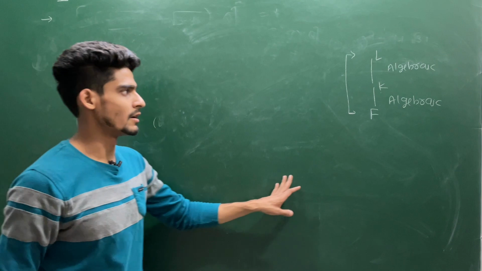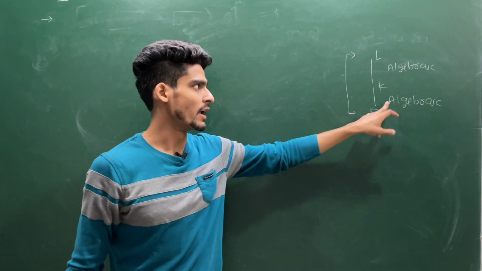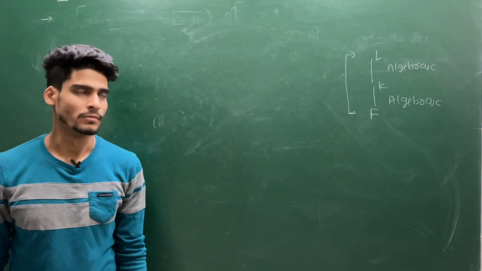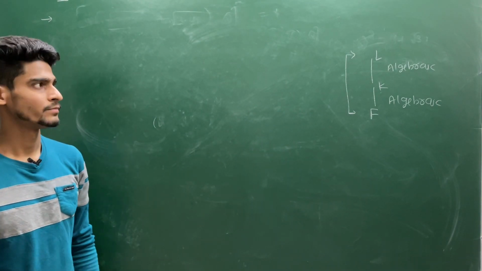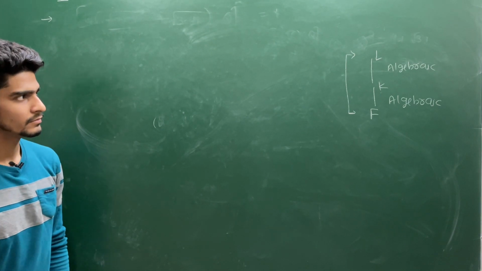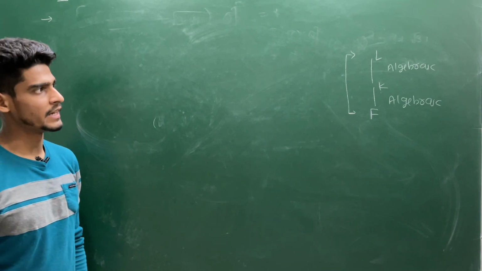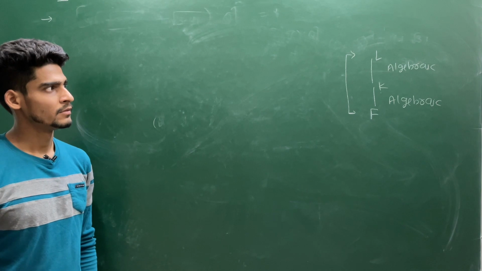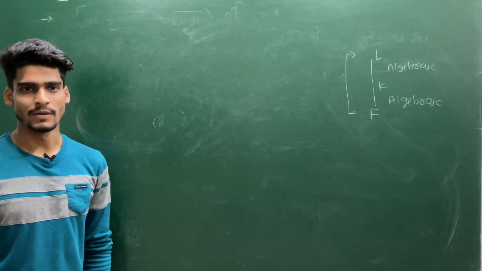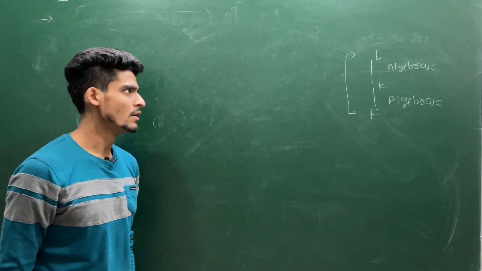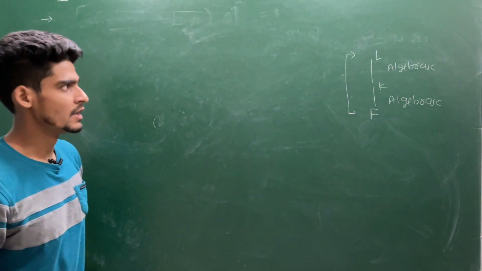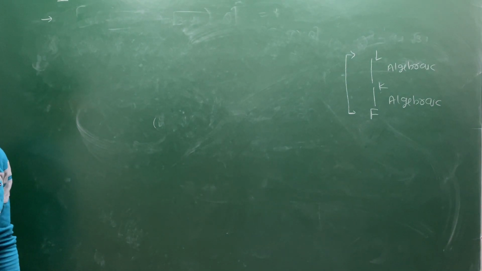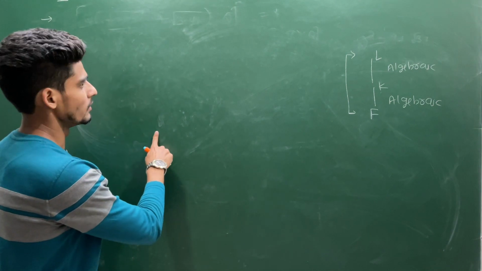If you think of some examples, every time you will get that L over F is going to be algebraic, because to construct some non-algebraic extension is a tough task. Till now we have not seen any non-algebraic extension. I'll give you an example of a non-algebraic extension soon. What can you say about this L over F, whether it is algebraic or not? Let's try to prove it.